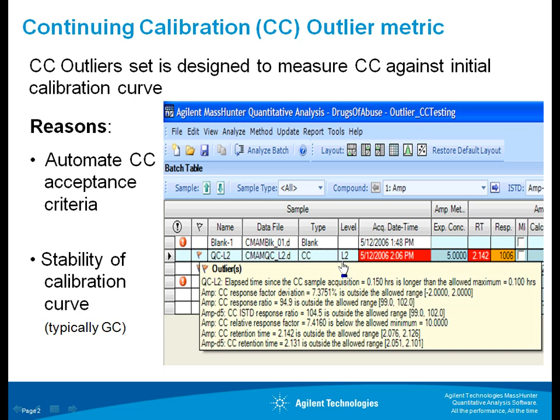First is to automate the continuing cal acceptance criteria. And then the basic purpose of the continuing cal is to check the stability of the calibration curve in a manner that's similar yet quite different than a QC. The continuing calibration game is often played in GC because of the stability of the retention time and the calibration responses. So without going into the background, I'd like to say that typically there's a midpoint calibration concentration that's taken